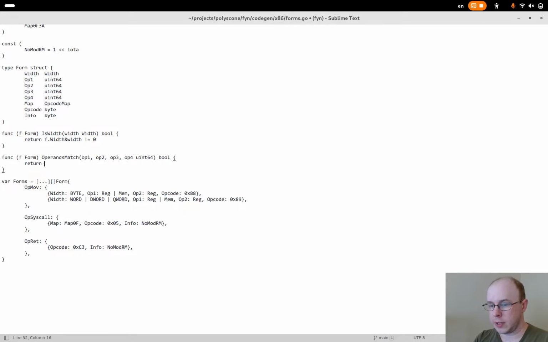So we'll return op1 is 0, or, oh, this should be f.op1 is 0. So if the form's operand 1 is 0, or the form's operand 1 masked with op1 has any bits matching, then that should be a pass, I think. So basically, if it's 0, then we skip it.